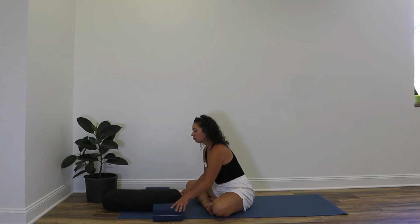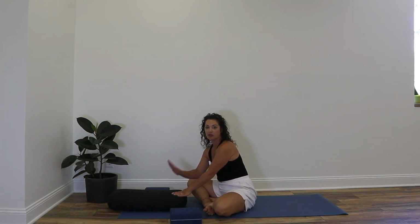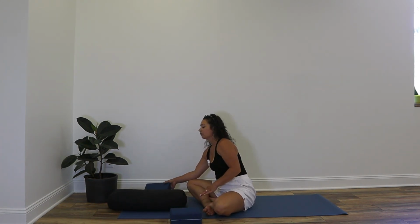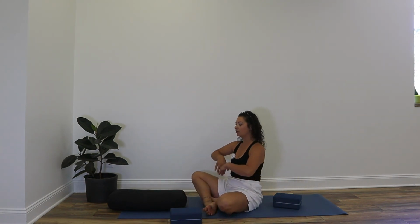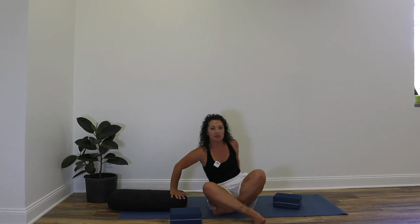If you have this pillow or if you have a couple pillows, you can stack up so that you can lay comfortably on your back, and you can come to a reclined bound angle. If you don't want to come onto your back, if it's something that you don't have the props for, you can just come to a seated butterfly pose with the feet together and the knees out wide. Otherwise, come to this position,